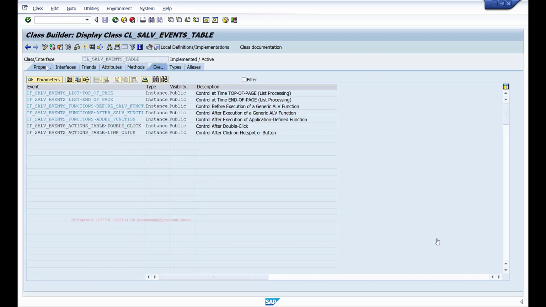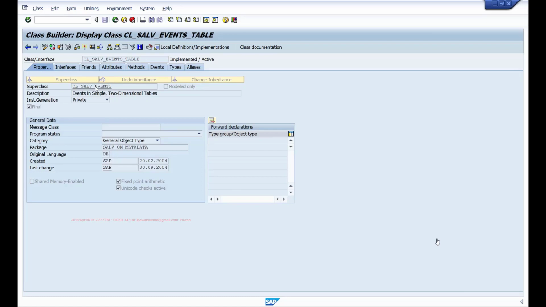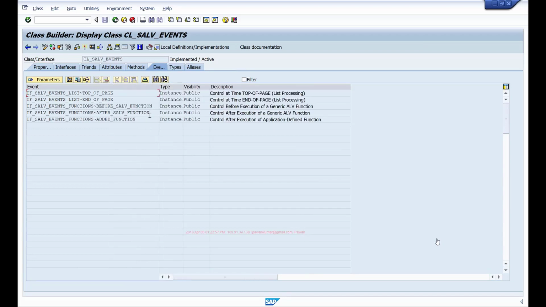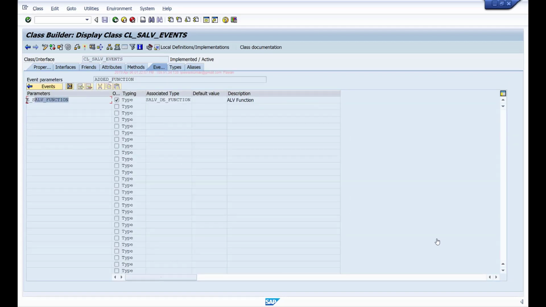This class is a subclass of the CL_SALV_EVENTS class. If you look at this super class, it has the event added_function. We have to catch this event to handle your function codes, and this event has one parameter, E_SALV_FUNCTION. Whenever you select any button, this field will have that function code.